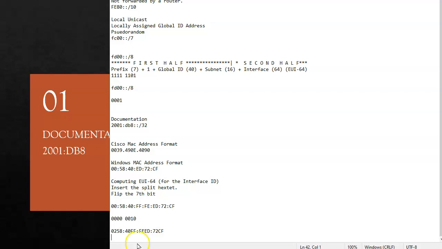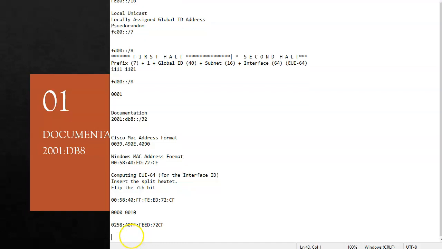to create this EUI64 address. So this is my EUI64 right here, and so one thing I'll show you is another way to think about how to do this in a quick second.